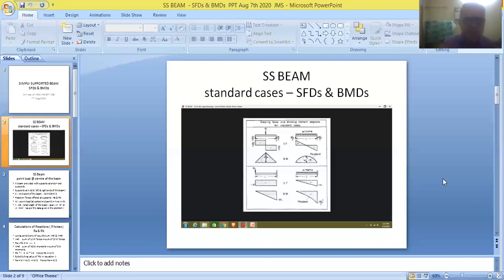Now you substitute the value of RB in the first equation. So RA will also be obtained as capital W by 2. So friends, therefore here in the diagram, RA is written as capital W by 2, and similarly RB is also written as capital W by 2. This measurement of RA and RB values is very, very essential for preparing shear force and bending moment